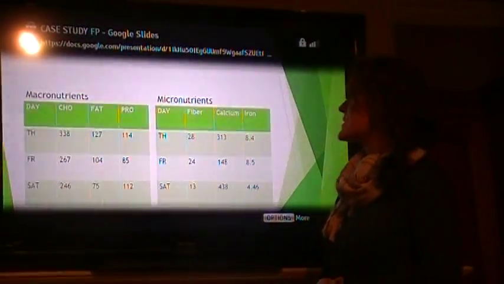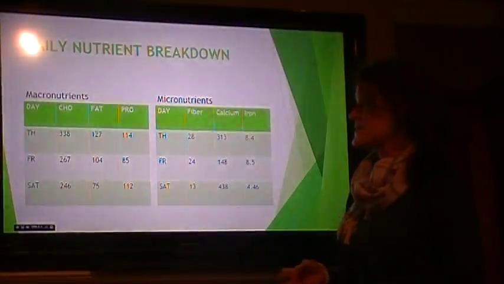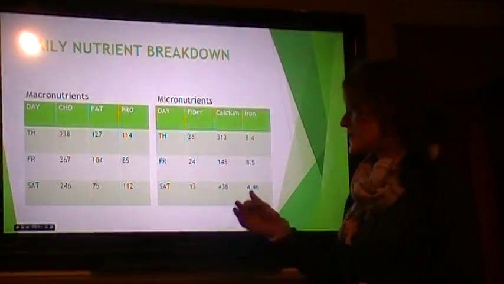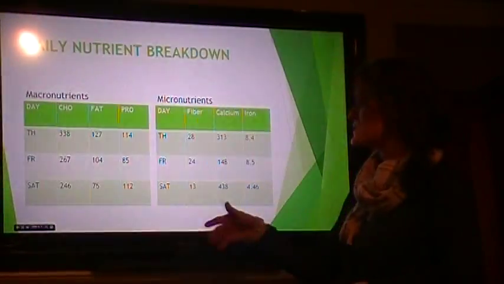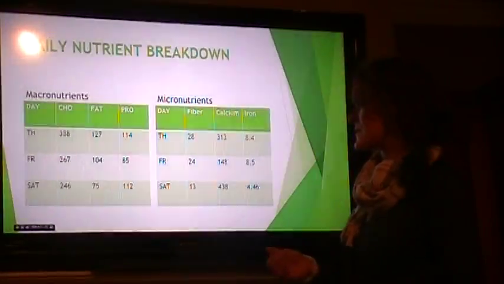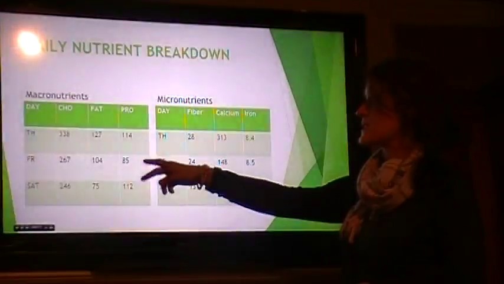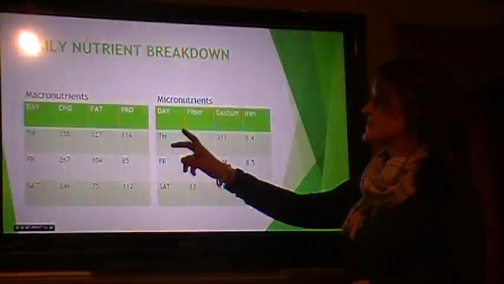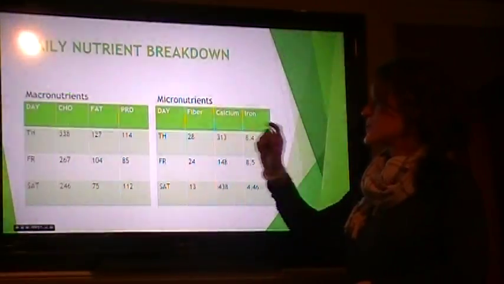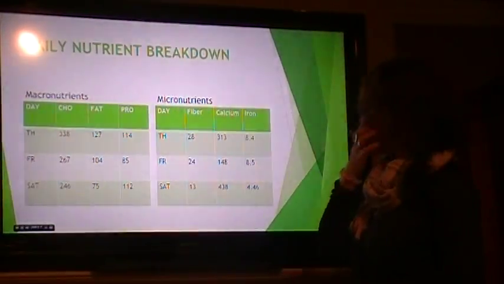His daily nutrient breakdowns, we only took a 3-day intake, so we don't have as much data as we could for like a 12-day, which would be a better reference. But you can see somewhere on the carbohydrates, he was in the 250 range on average, fat in about the 100 range on average daily, protein around 112. His micronutrients